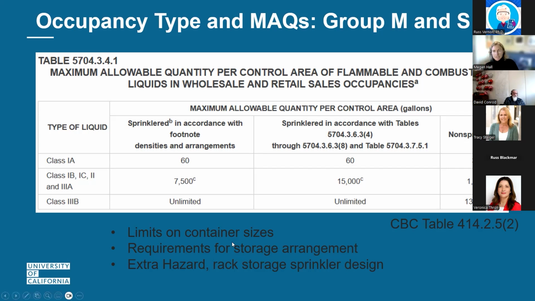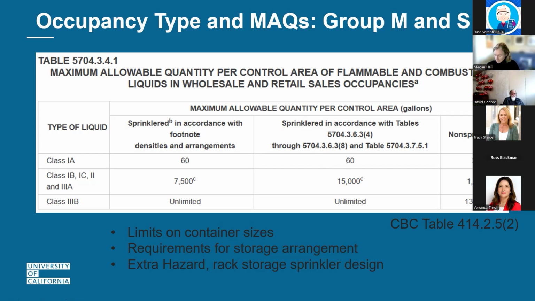But there are a lot of limits to being able to use these tables. There are limits on container sizes. There are strict requirements on storage arrangement. For things like storing lots of flammable liquids sprinklered in accordance with tables 5704.3.6.3, those are usually like rack storage sprinkler designs for extra hazards. So you can't just call it an S and apply this amount without meeting all these other requirements. There are a lot of detailed requirements in the fire code in chapter 50, 503.11 that outline all these restrictions: container sizes, storage arrangements, pile heights, everything like that,